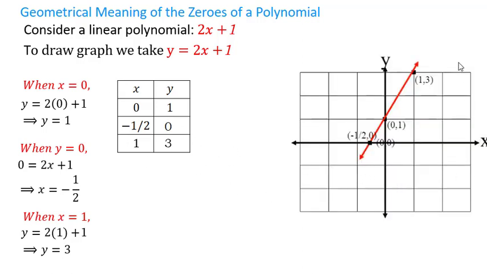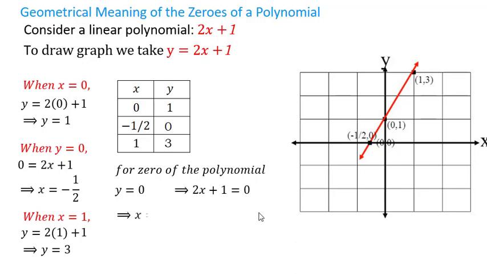Using these 3 sets, I can draw the graph. Here you can see that we have drawn a line. Now all the points on this line satisfy this relation, which is y equal to 2x plus 1. Okay. Now let us discuss what we mean by the zero of the polynomial. So for the zero of the polynomial, I will set the value of p(x) equal to 0, or here in this case I will set the value of y equal to 0. So I equate y to 0 and I will get 2x plus 1 is 0. That gives me the value of x as minus half.